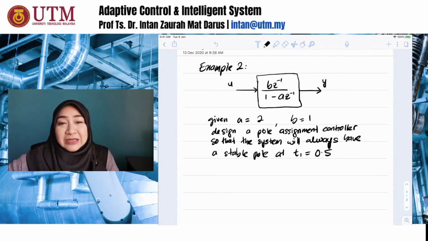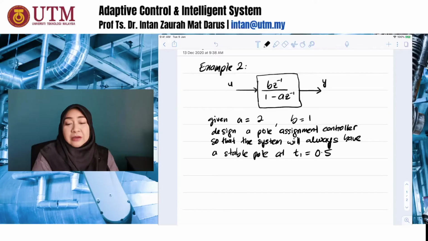Continuation from previous class, I would like to show you another example on how to use the pole assignment method for a simple problem such as the one shown in this example. For example, you are given a system with an ARX model, the first order model bz^-1 over 1 minus az^-1, and you are given a value of a and b. Or maybe you are given a problem asking you to identify the value of a and b using your least squares method. And as soon as you obtain this value, you need to design